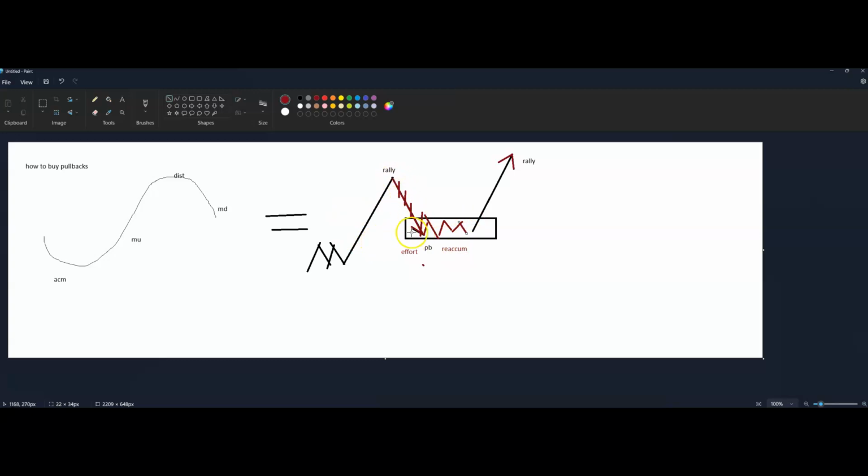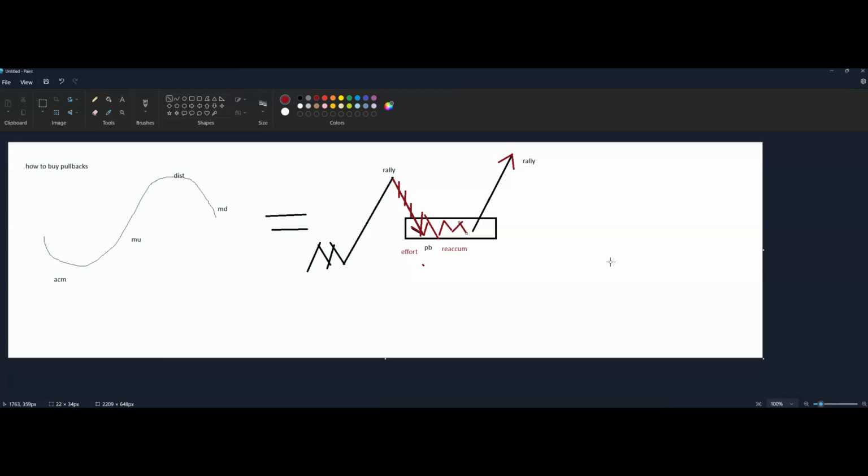So on that left hand side to the middle, you'll have effort, and then eventually it's either lack of supply or it's just going to go. So that left hand side, meaning as it pulls back, you'll have effort. And that effort is telling you that,